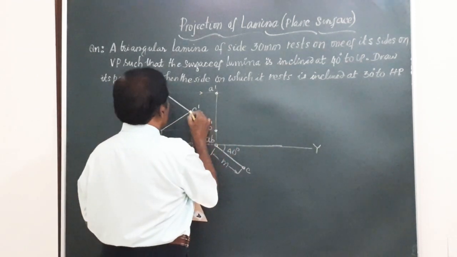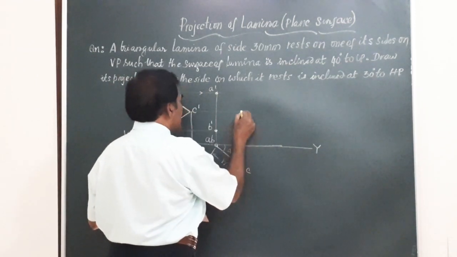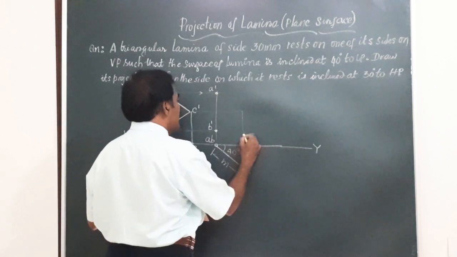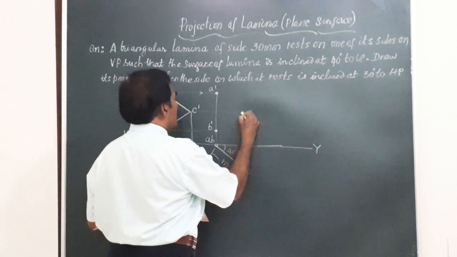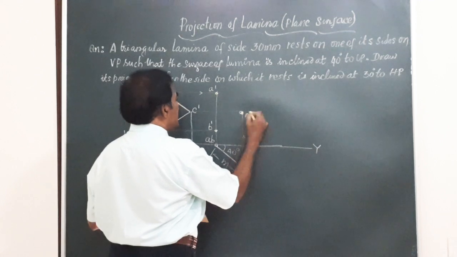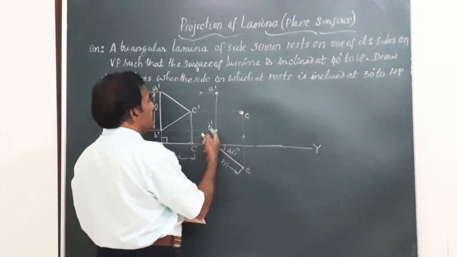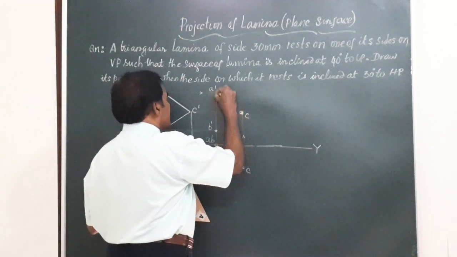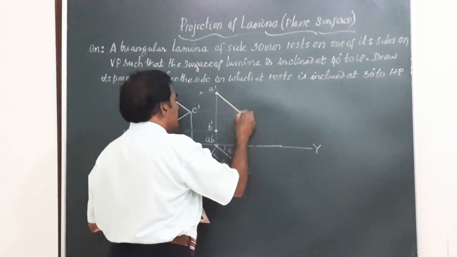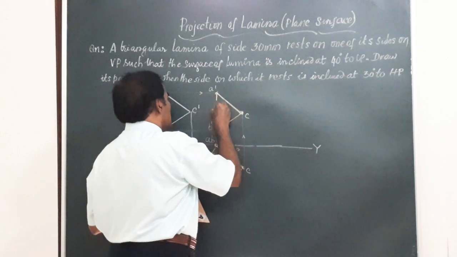C, horizontal line from C, vertical line from C. The point where these two intersect is the point C. So friends, all this line passing through C will divide this AB. So it has to pass exactly through the center. I am going to join A to B, B to C and all these.